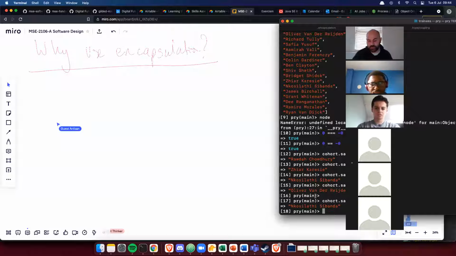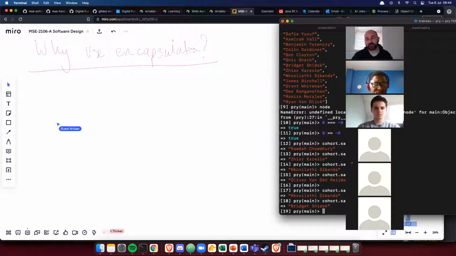Okay, let's build on this. Bridget, why use encapsulation? I would say hide certain variables so it cannot be changed or accessed. Okay,